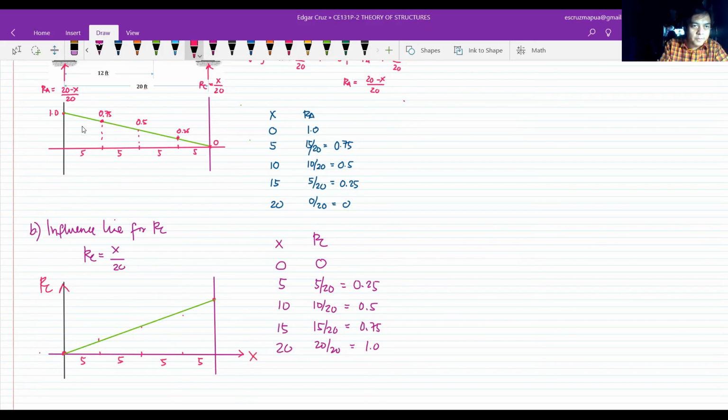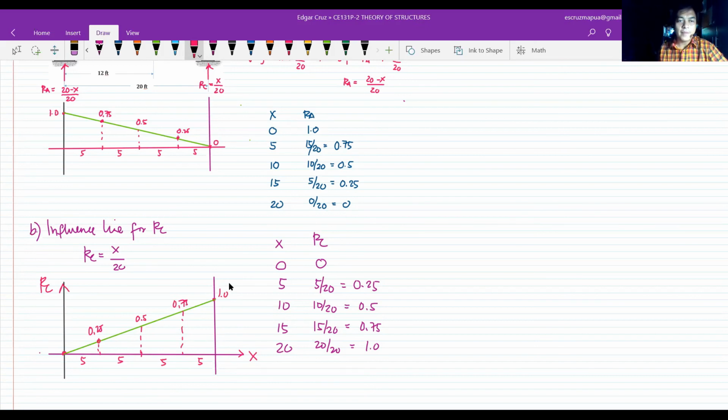Kanina ito yung RA, no? Tapos ito yung x naman. So dito, at x equals 0, 0 din yung RC. At x equals 5, it's 0.25 here. At x equals 10, it's 0.5. At x equals 15, it's 0.75. And at x equals 20, it's 1.0. So yan naman yung influence line